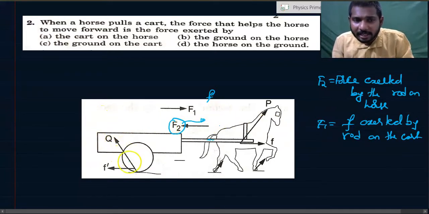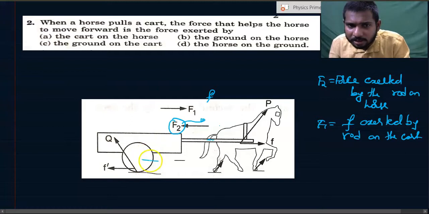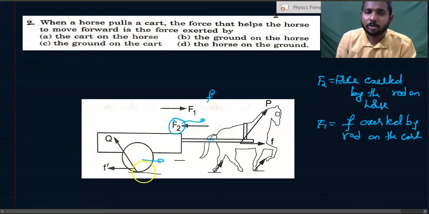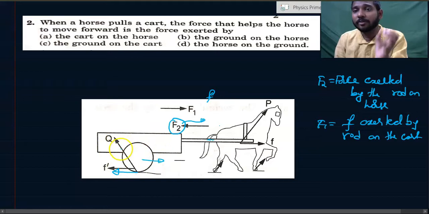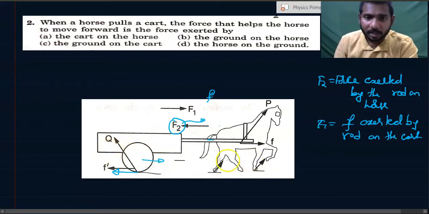You see, when the cart is tending to go to the right, the wheel wants to slide to the right. So there will be a friction acting in the backward direction, because of which that wheel rotates. How the wheel rotates, you will be able to find in the coming rotational chapter. Now what happens? Actually this friction is pulling it backward. These two forces are equal.